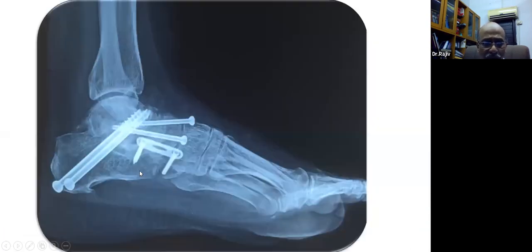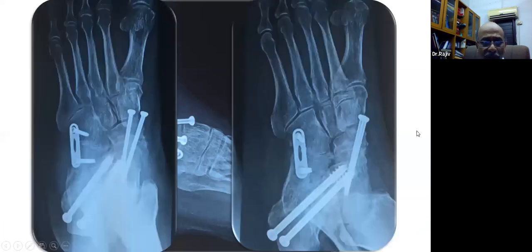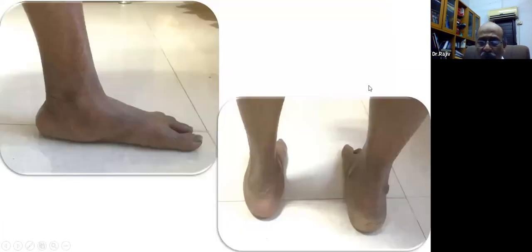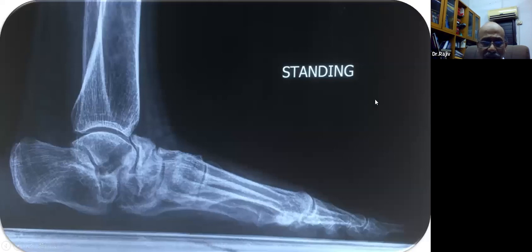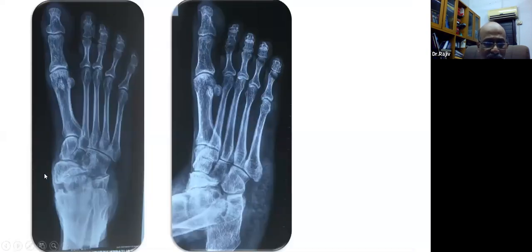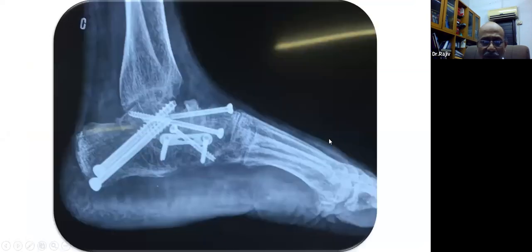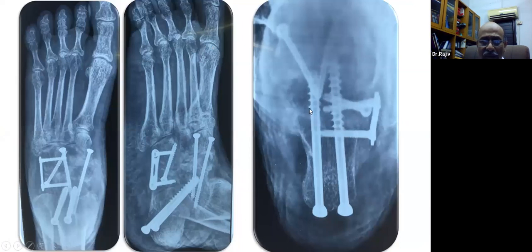The arch was restored. Calcaneocuboid joint was fused with the plate, talonavicular joint with the screws, subtalar joint with the screws. And the whole forefoot abduction is corrected with this fixation. And the patient's foot looks good. Another case, look at this, a very badly deformed patient. And then this was corrected with triple arthrodesis. Again, that's the subtalar arthrodesis. The foot is well centered, talar head is well covered by the navicular.